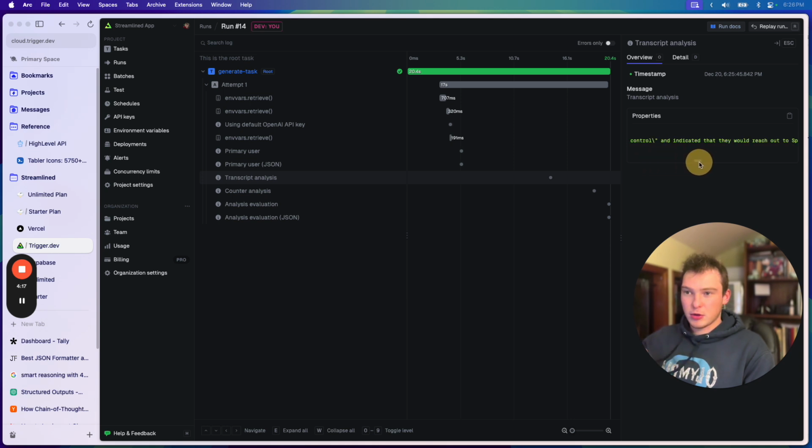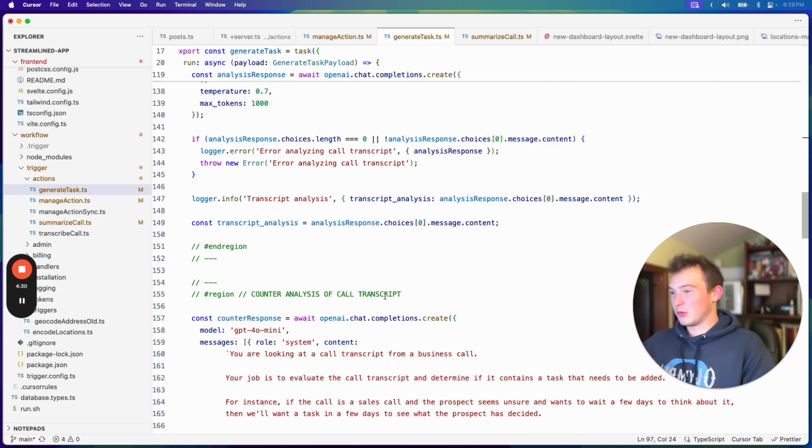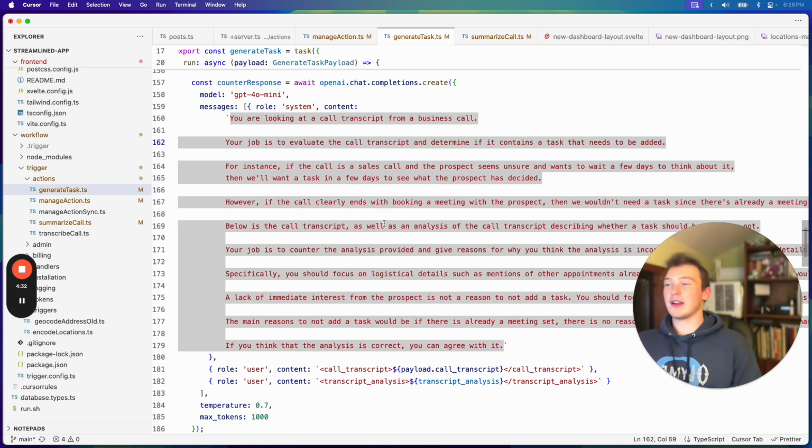So you can have way more control. Yes, okay, here it is. So it found it. So it indicated that they would reach out to Speaker 1 about a week later with the solution. And now we have this other action which goes below that, which is actually trying to come up with